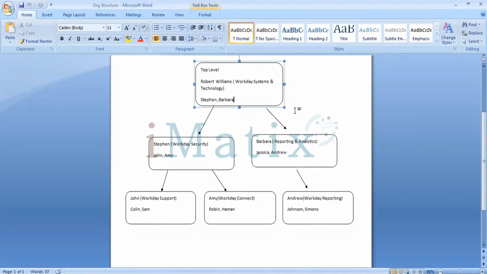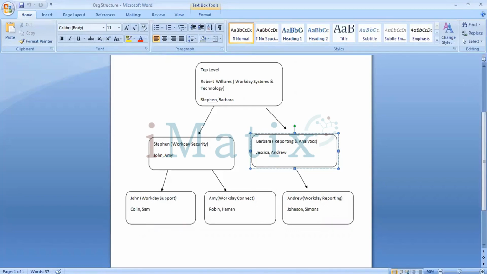Whatever you guys missed, hiring an employee would be an important task that you'll be seeing when I'm hiring these guys. And how I'm making this Robert Williams organization a superior, same way I'll be making Stephen's organization and Barbara's organization superior for these subordinate organizations. Whatever you missed yesterday will be covered when I'm creating all these things. You shouldn't be missing anything. You'll be clear with the structure when I follow the same steps for these organization creations.